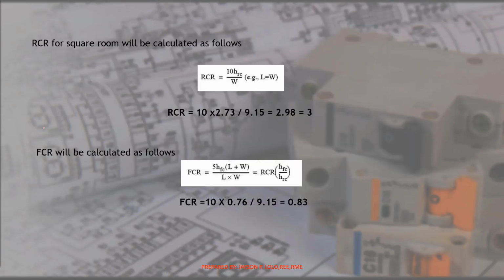Now you will apply the formula. So first you need to get the RCR. Now dyan yung first step. So to get the RCR, since it is a square room, so you have this solution. So your RCR is 3. To get the FCR, applying the ratio, RCR, FCR is 10, okay, 3, then you get the 0.83. Okay. Next is